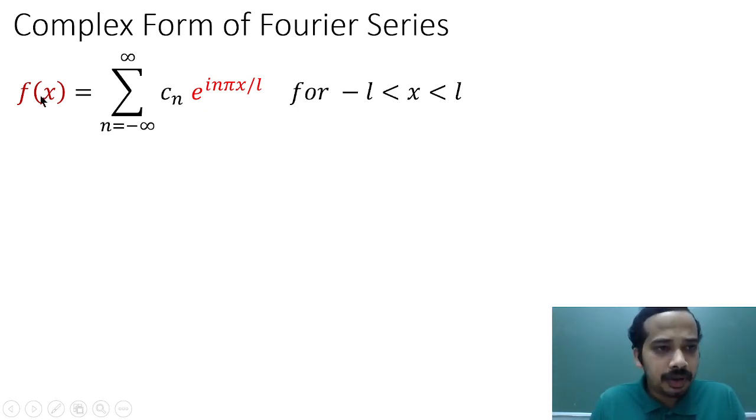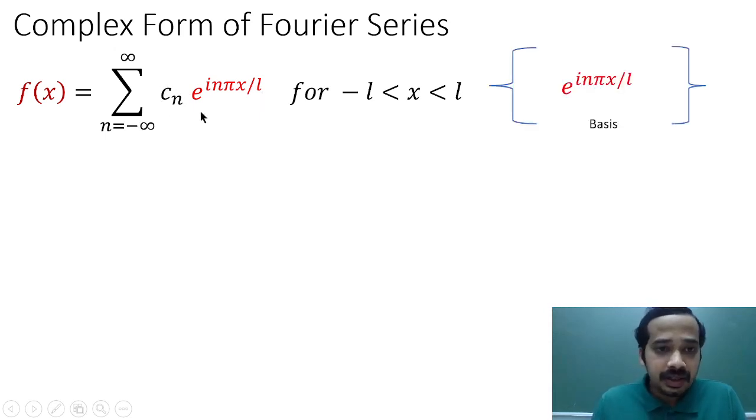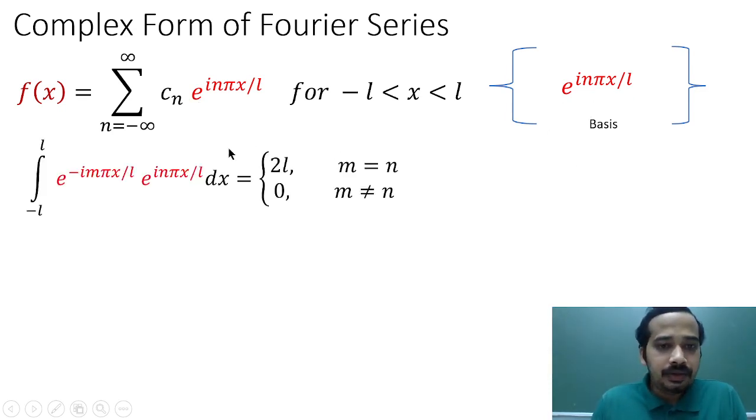I can expand f of x as a linear combination of e to the power i n pi x by L, where the coefficient is Cn here. So in this case, e to the power i n pi x by L is acting like a basis, and this basis will form a kind of orthogonality relation, an orthonormality relation actually, but the only